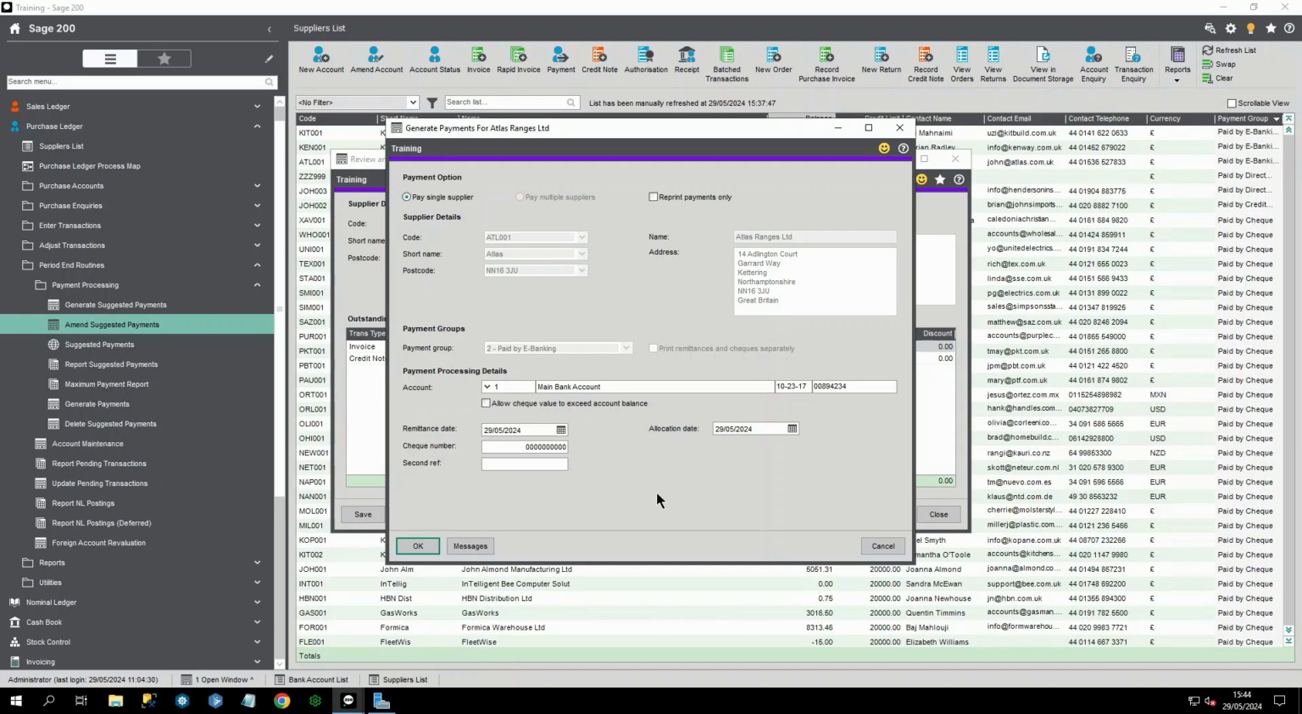Basically, you'd look on the screen here and you can see it's going to be paying a single supplier. It would also show you the supplier and the payment group which we're going to be paying, and which bank account, exactly as before. This time you can see the pay multiple suppliers option is greyed out. Again, you've got your remittance date and your allocation date. If I click on OK,